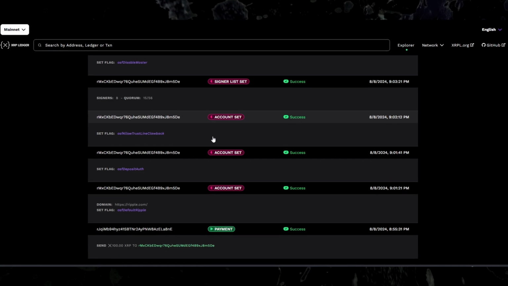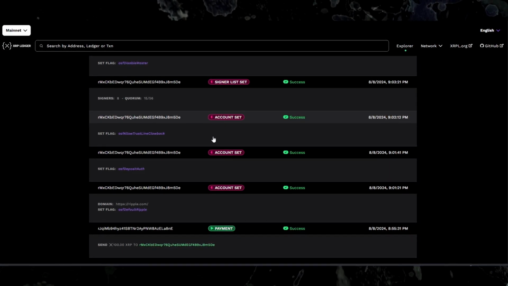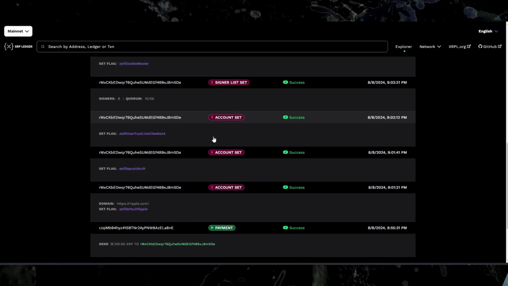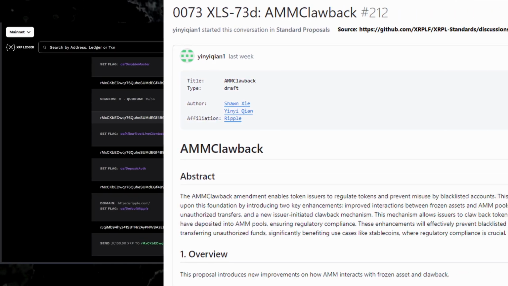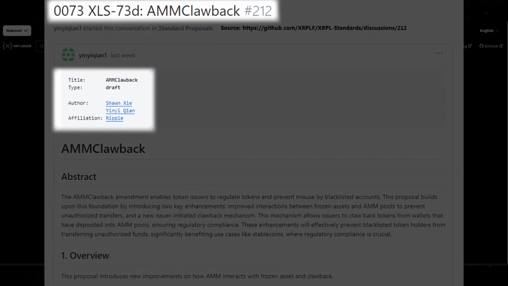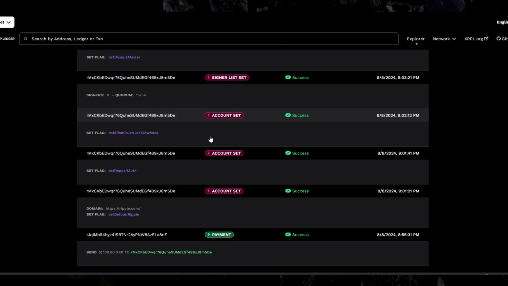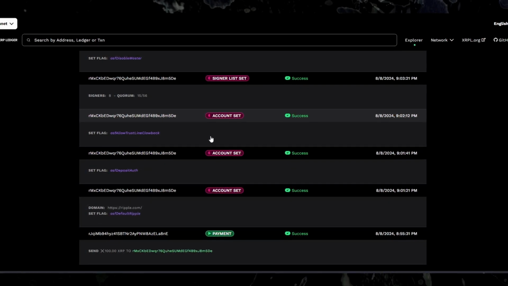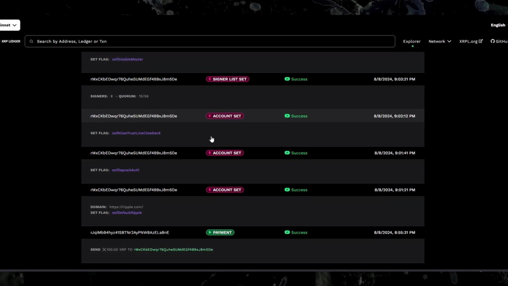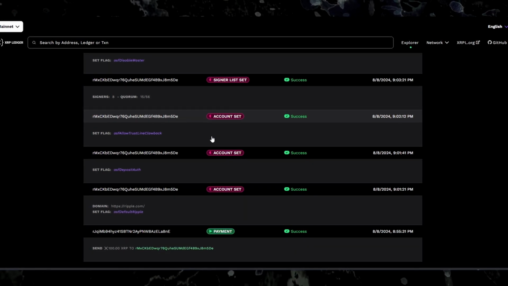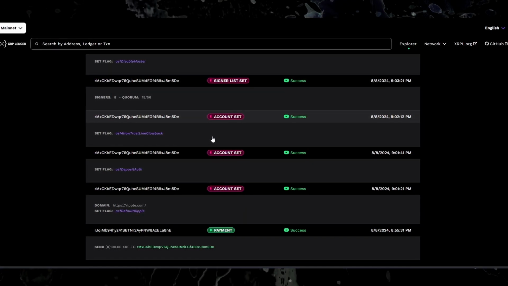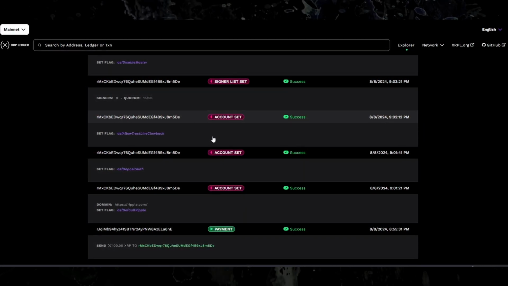The debate started because a clawback-enabled token cannot be used in an AMM pool without this proposal getting enacted on XRPL first. And as you probably know, without an AMM pool, it's more difficult to aggregate liquidity on-chain. Time will tell if this may change in the future or not. No one knows except Ripple, of course.